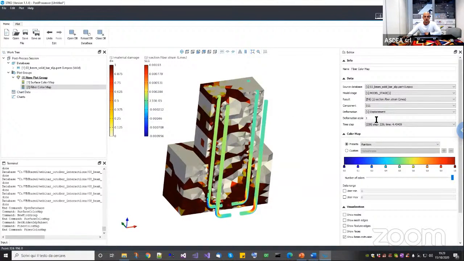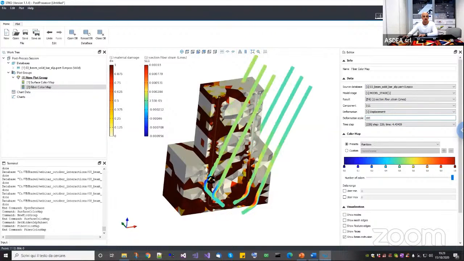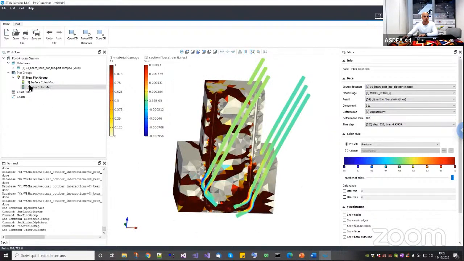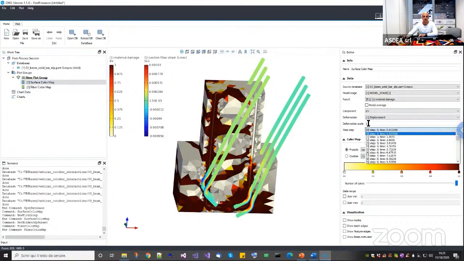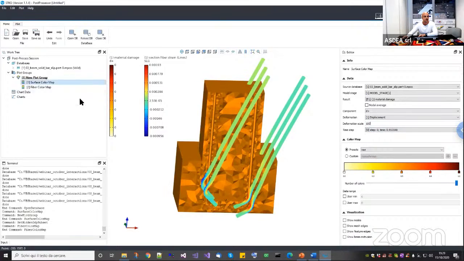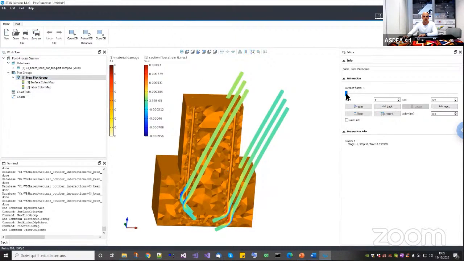Okay, now let's put a deformation of 100. This is the real end of the analysis. Now, in this case, it will be completely broken, and also 100 here. And then we will synchronize it using the video here. Okay, so starting from the beginning,